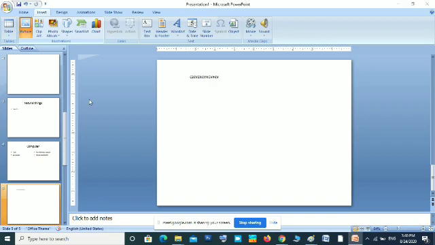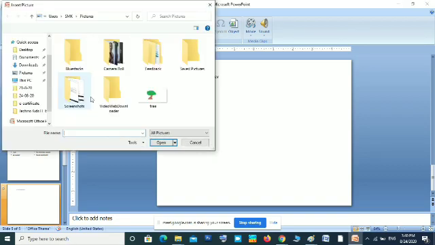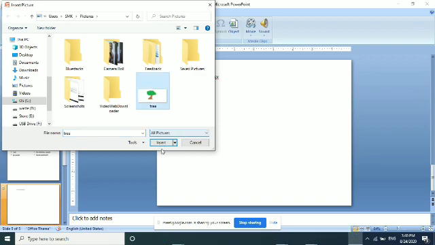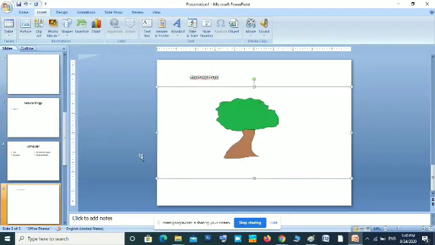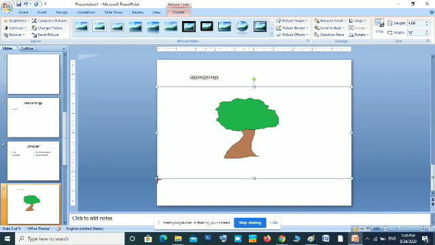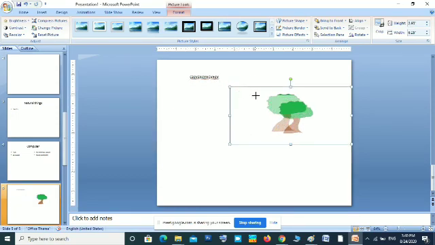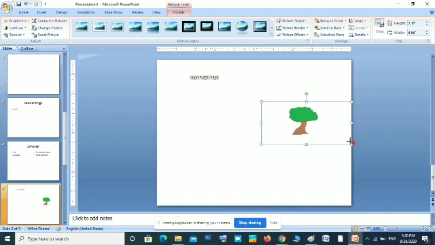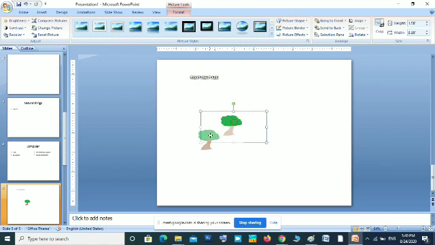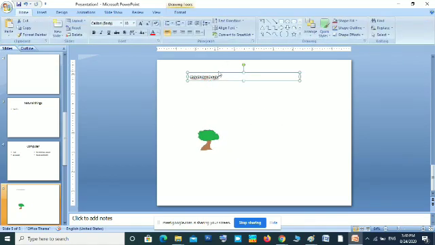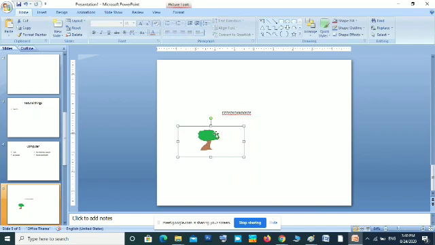Now a dialog box will open. You have to select the picture. Depending upon the computer, this picture will be different. Okay, you can insert the picture. After that, you can resize, clicking on the node. This dot, we call it a node. Just click on the node and drag to resize. Then you can move it to any place, dragging the placeholder. So when you insert Blank, you can make your own style, layout.